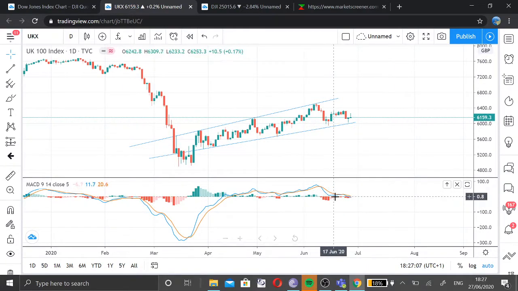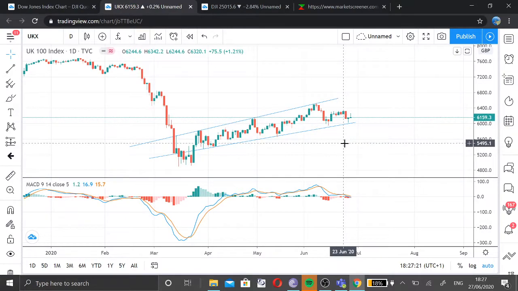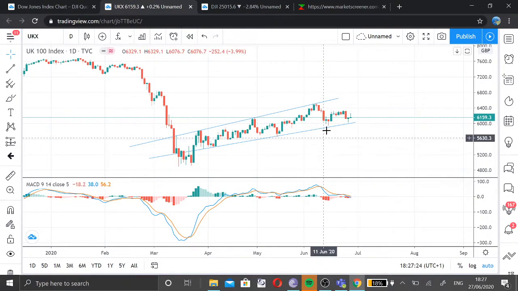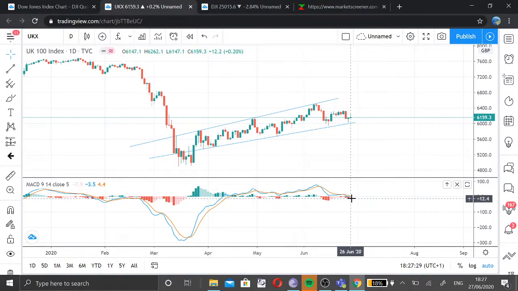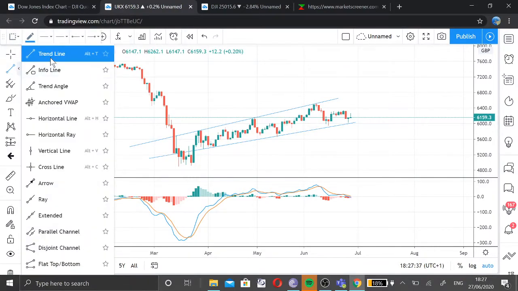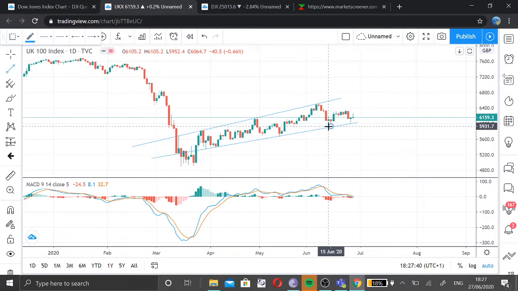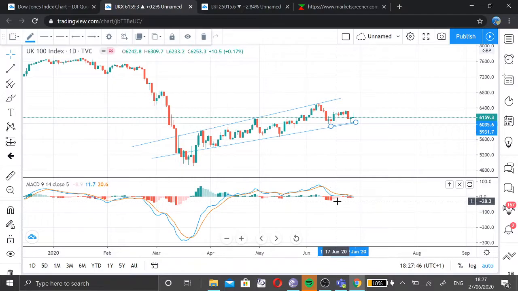The MACD is showing the red line crossing over the blue line, and it is also about to go below zero. However, there is one positive indicator here. The indicator has not made a lower low. You can see here this low and this low. If you compare those two lows,